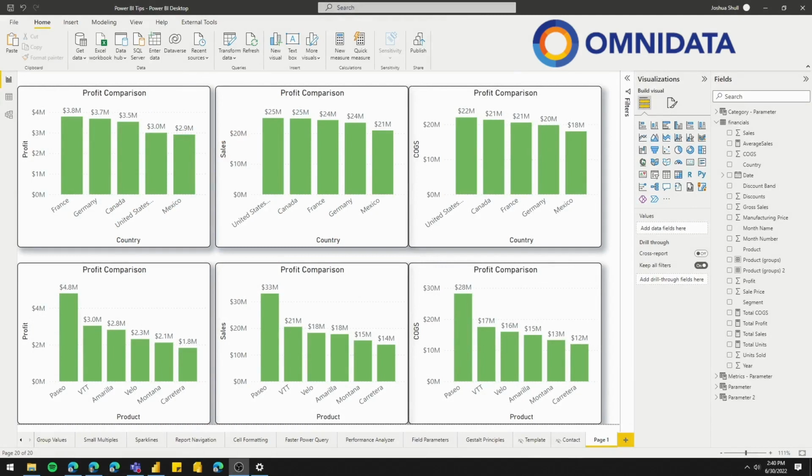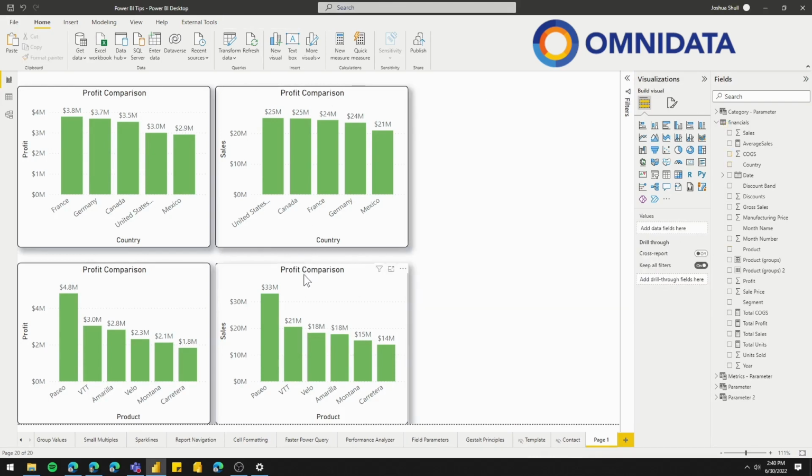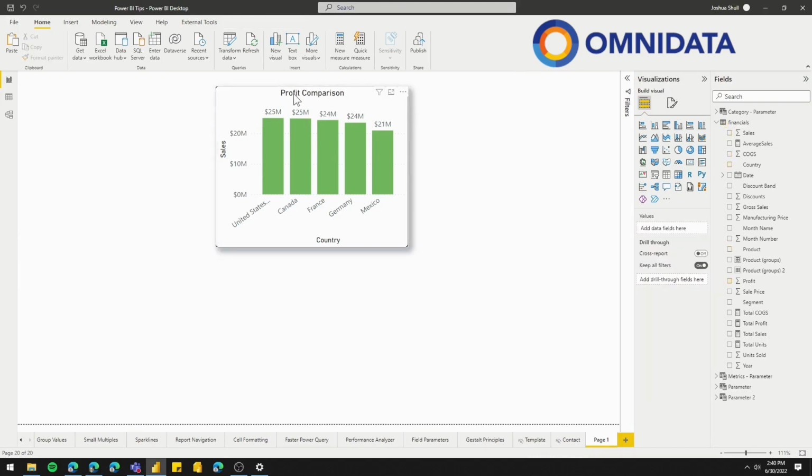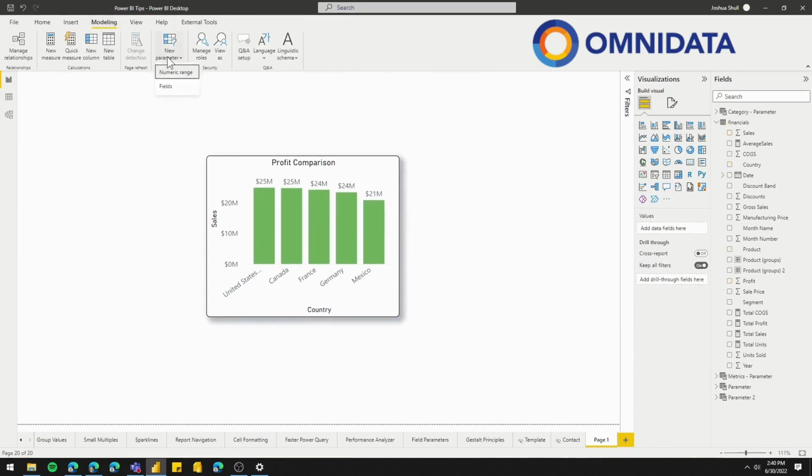that you could compress all of these column charts into one visual that is dynamic and adjustable based on user input. I'll show you. It's something brand new in Power BI as of about May or June 2022, and it's called field parameters. All you need to do first is go to your modeling tab up top, click new parameter, and